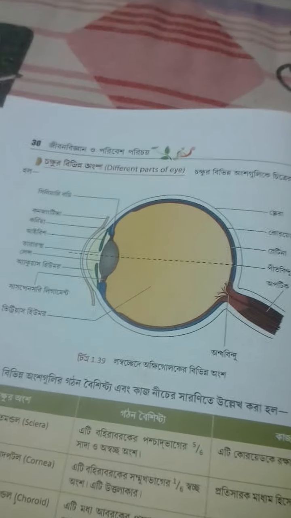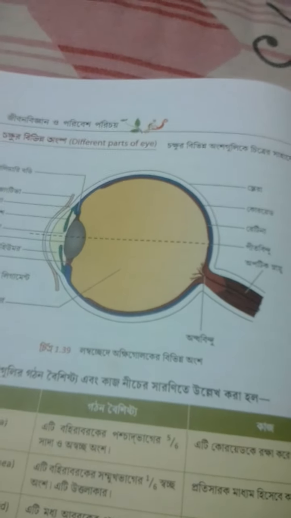তাই how does the cornea help to focus? Now when a light strikes the cornea, it bends or refracts the incoming light onto the lens, and thus it acts as a refractor, a medium of refraction. Okay, so this is the main function of the cornea. It functions basically to focus the light.